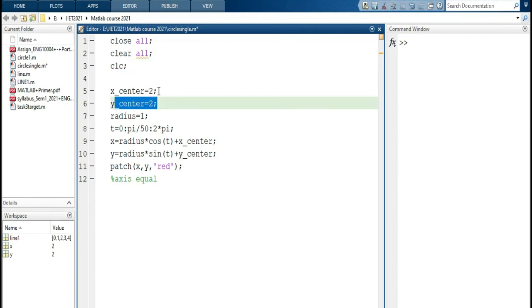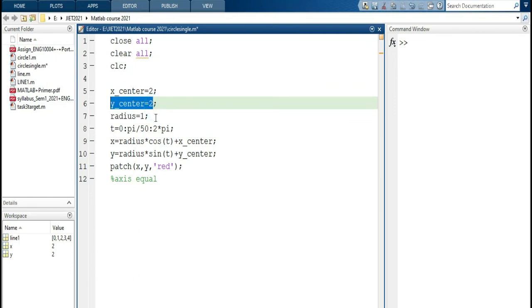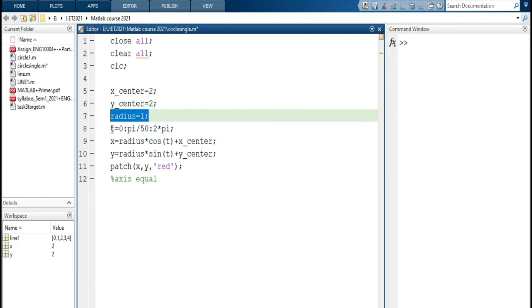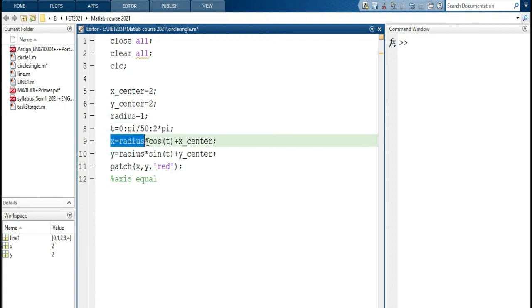After that, I have used x center and y center, which is the center of the circle, with a radius of 1, and t with a value of 0 to 2 pi, and x as radius times cos t plus the center value, as well as y with the center value having a sine function.